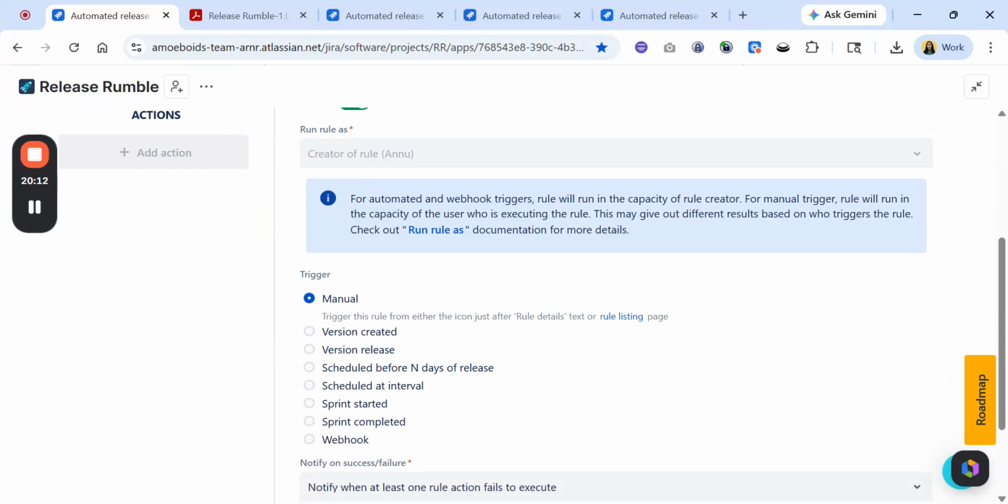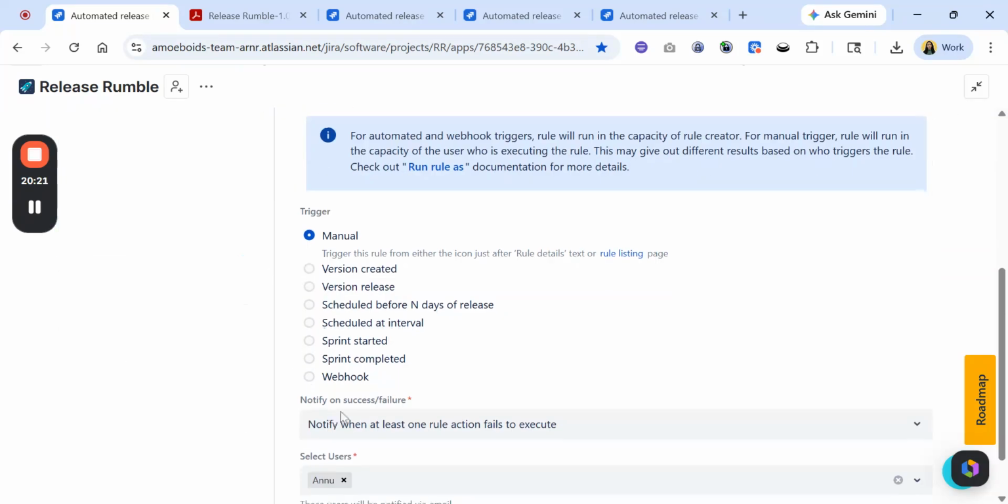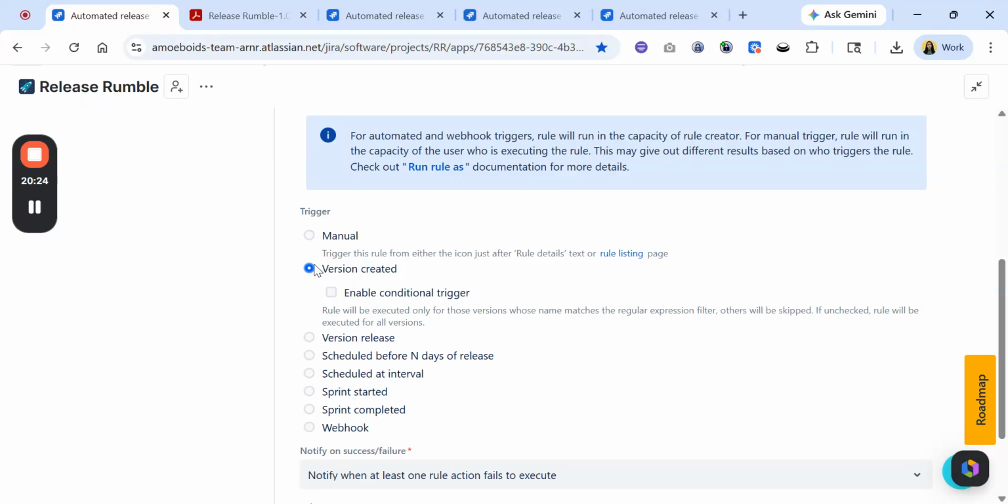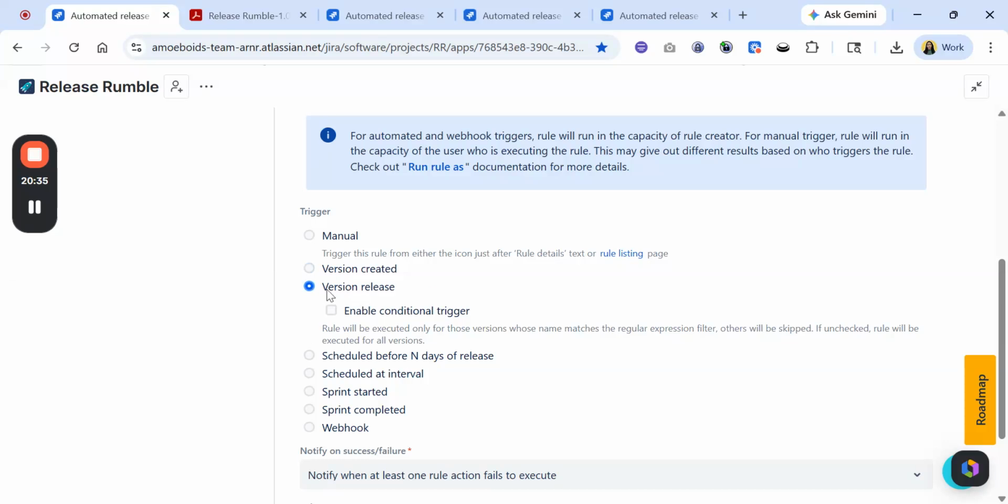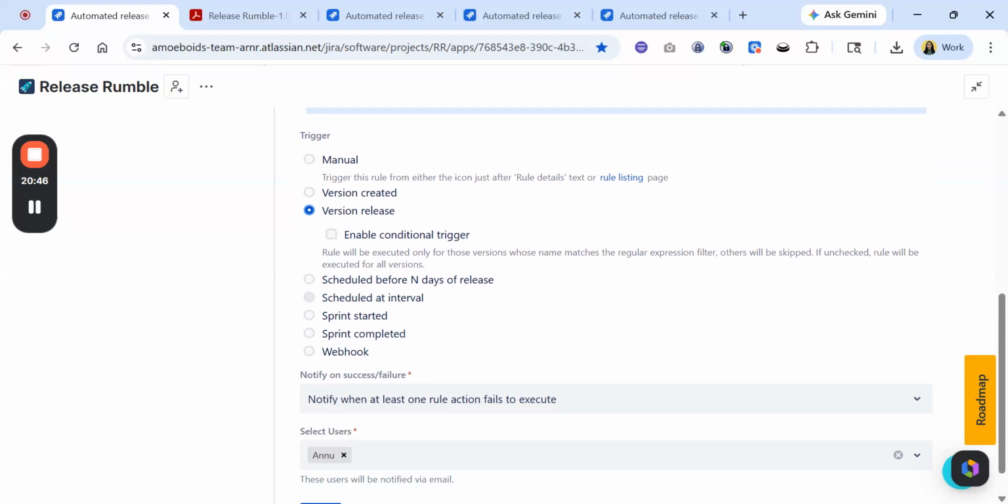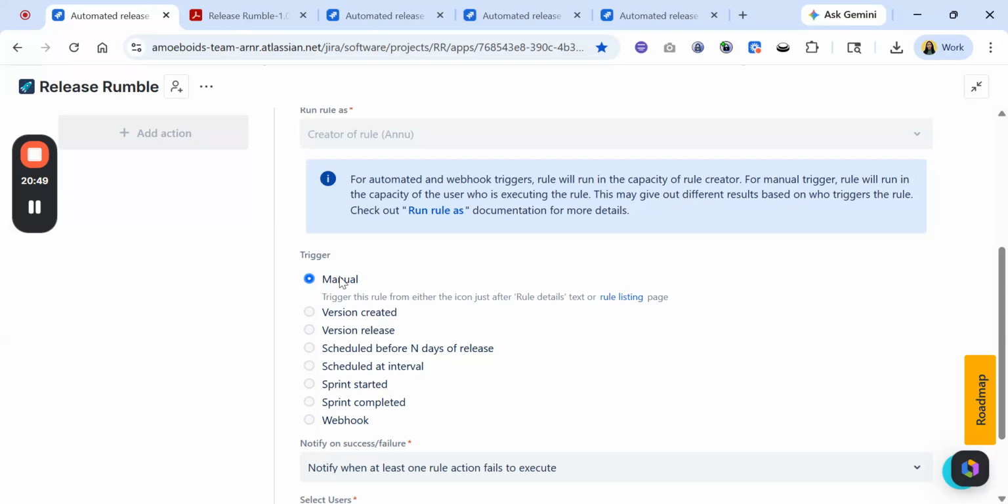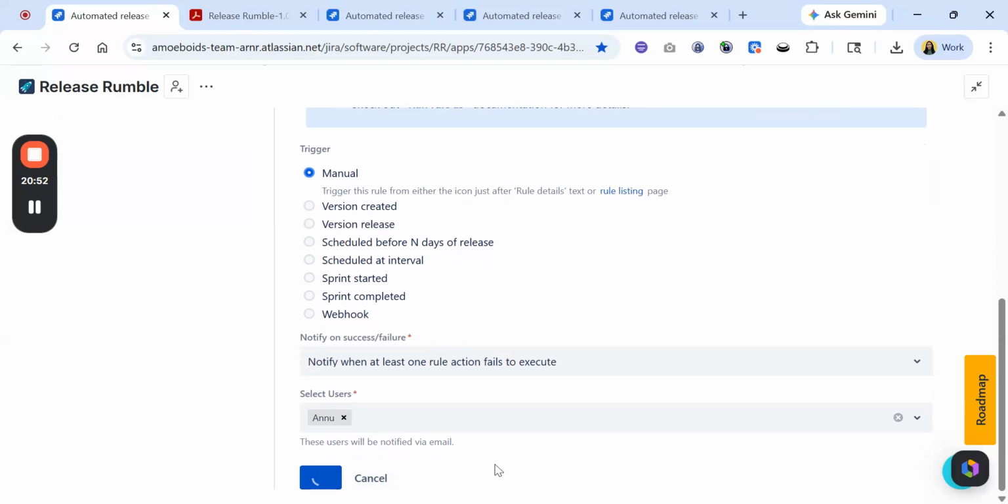So here let us say I want to generate this on a manual trigger, which means I'll come back to the system and run this rule manually. But apart from that, you can also automate it as and when you mark a version as released. In this case, of course, this is post release note, so that's why it will be based on the version release. So whenever you mark any version as released in Jira, this entire rule will be triggered and it will send out an email with an attached PDF within that rule itself. So I'll keep this manual for now. I'll click on save,